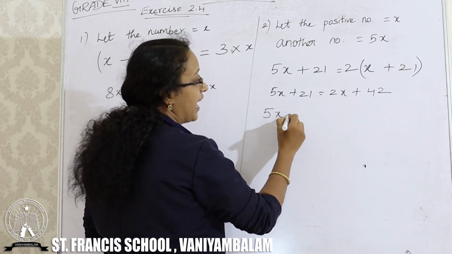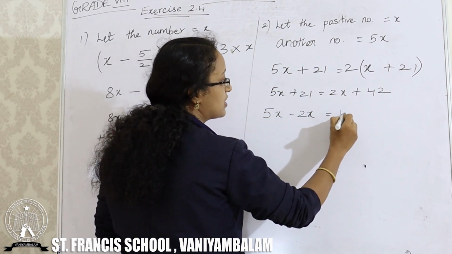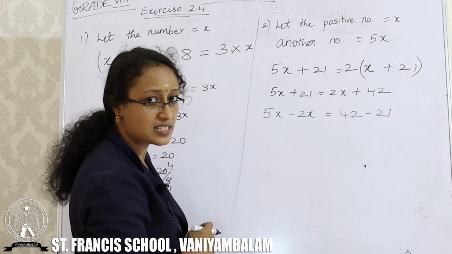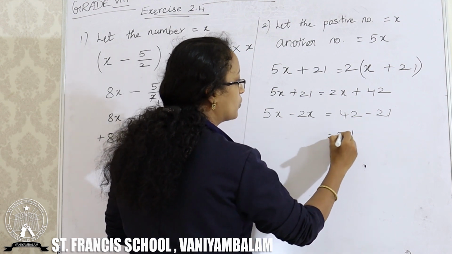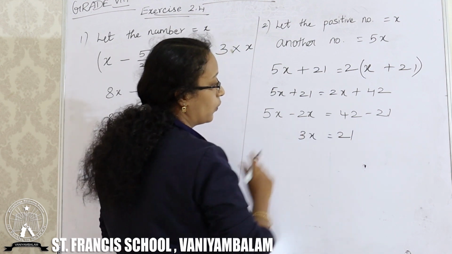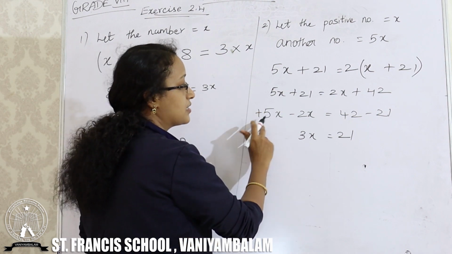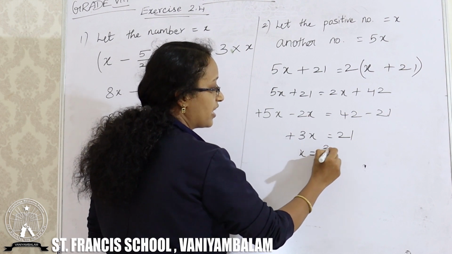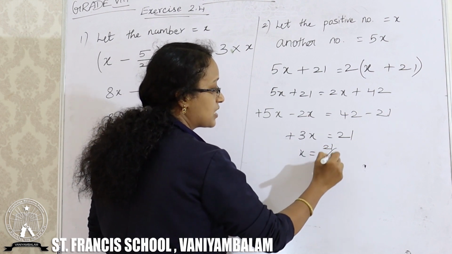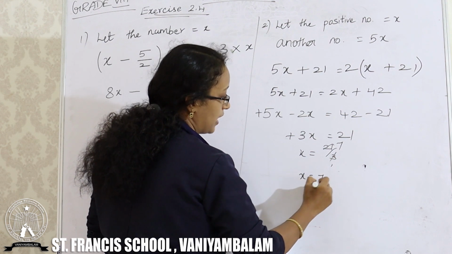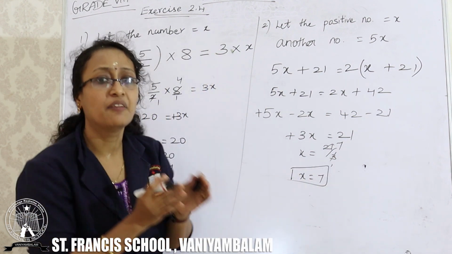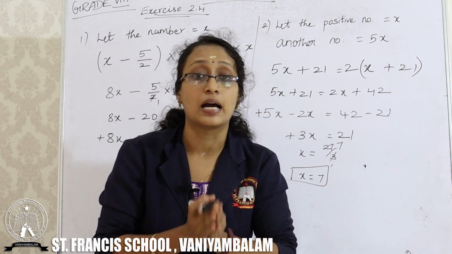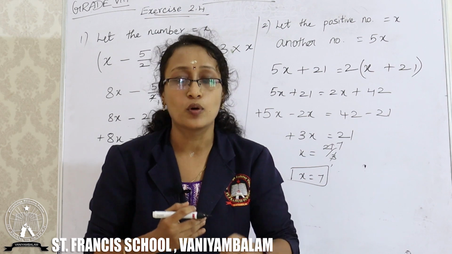Now, you can take x on one side and constant to the other side. So, you will get plus 21 when it goes to the right hand side, minus 21. So, 3x is equal to 21. Symbols are different, so subtract it and put the greater number symbol. Now, 3 is in multiplication, so when it comes here, division. So, we got the x value. But we have to find not only the x value, it is given what are the numbers. We have to find both the numbers.